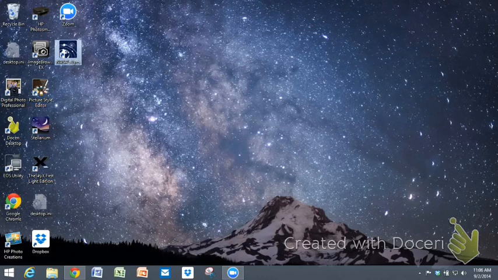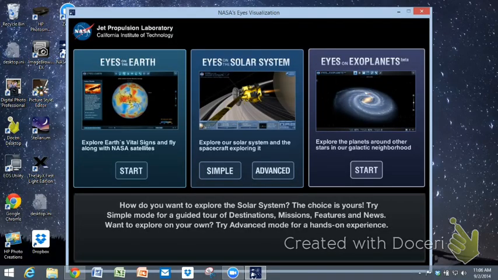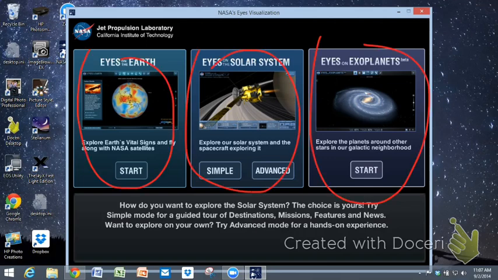So I'm going to go ahead and open it up, and it might take just a minute, but it will probably take less time for me showing you than it will for you the very first time. There are actually three options here, and I'm pretty sure that you will need internet access to fully appreciate this. I'm not necessarily going to do the first one about Eyes on the Earth. When I think of that one, I think more of meteorology. So I'm not going to do that one right now,